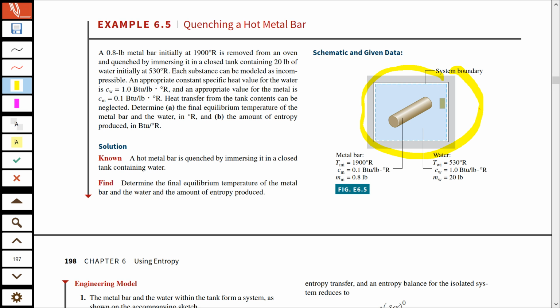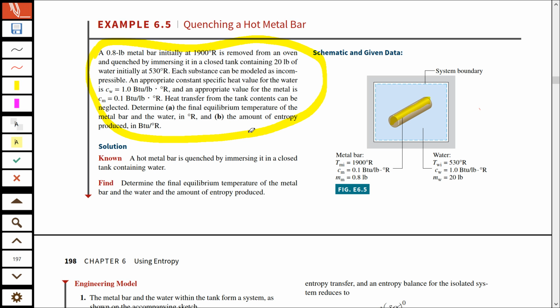You have included enough part of the world so that you can ignore the interactions with the rest of the surrounding. So here initially you have a metal bar. This is the metal bar, and if you read this carefully,